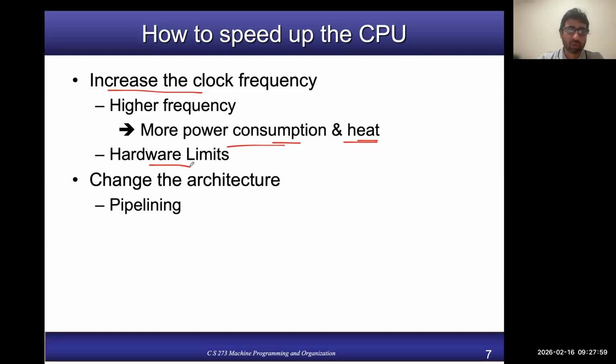But if you take a course on computer architecture in future, then maybe you will understand why pipelining starts giving you diminishing performance improvement as you keep increasing the number of stages. The other option is, so